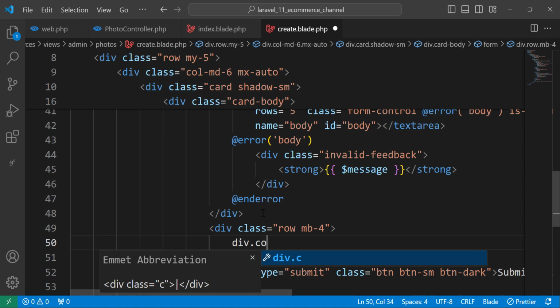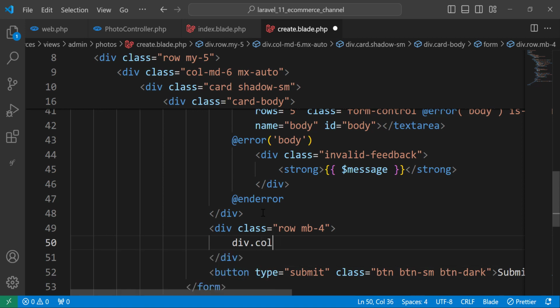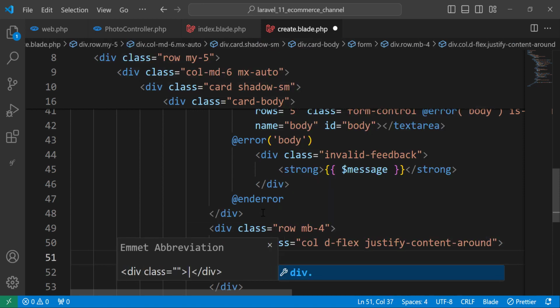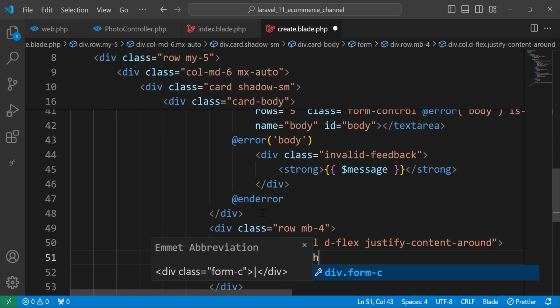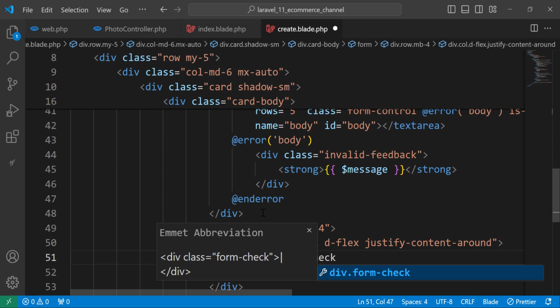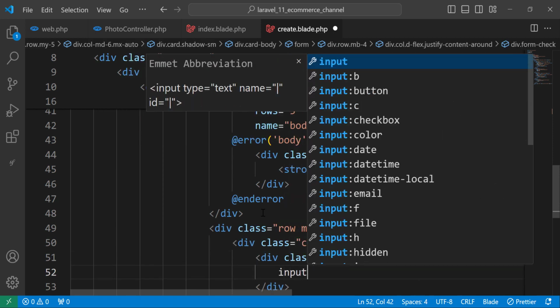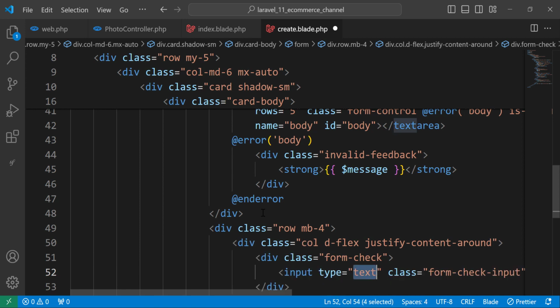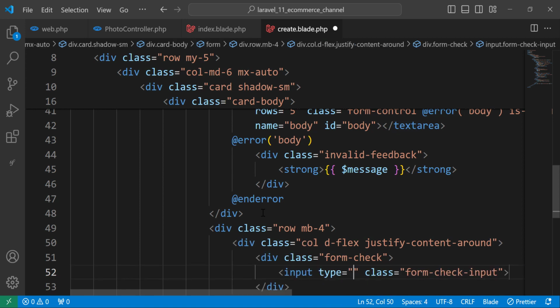Next, let's add a div with a col, and another class which is d-flex, and another one which is justify-content-around, and inside we will have div with class form-check, and inside we have an input which has a class form-check-input, and the type will be checkbox,